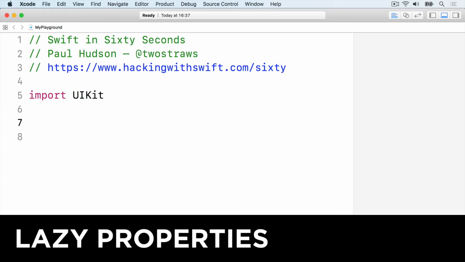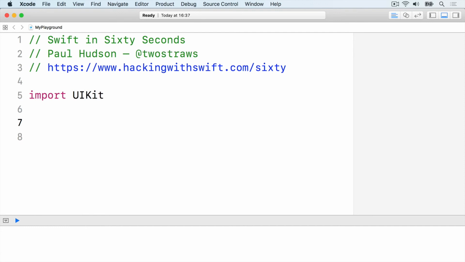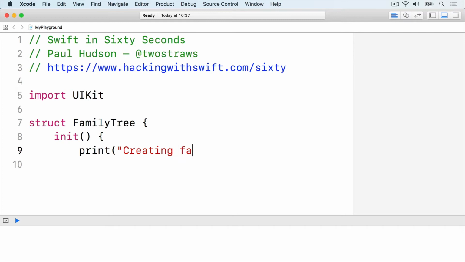As a performance optimization, Swift lets you create some properties only when they're needed. As an example, consider this family tree struct. It doesn't do much, but in theory, creating a family tree for someone takes a long time. struct FamilyTree { init() { print("Creating family tree") } }